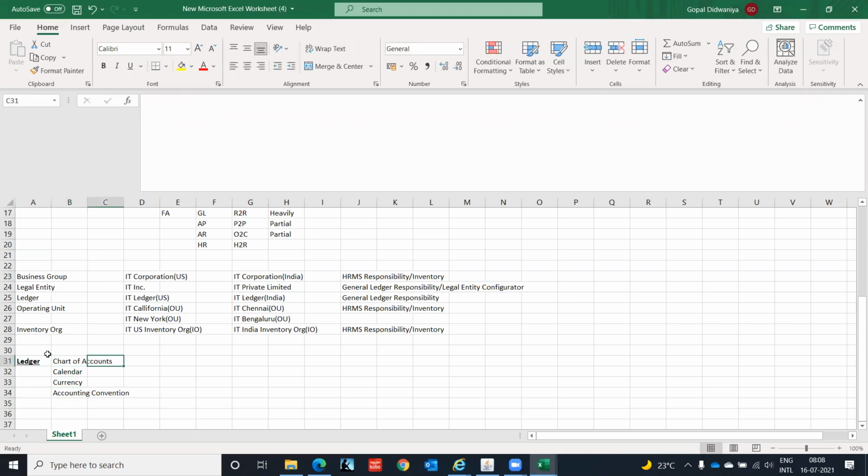Okay. So we have C, starting with C: chart of account, C for calendar, C for currency, accounting convention. So these are called the four C's of ledger. Okay, and we have two types of ledger in Oracle. One is the primary ledger. Okay, this is the main